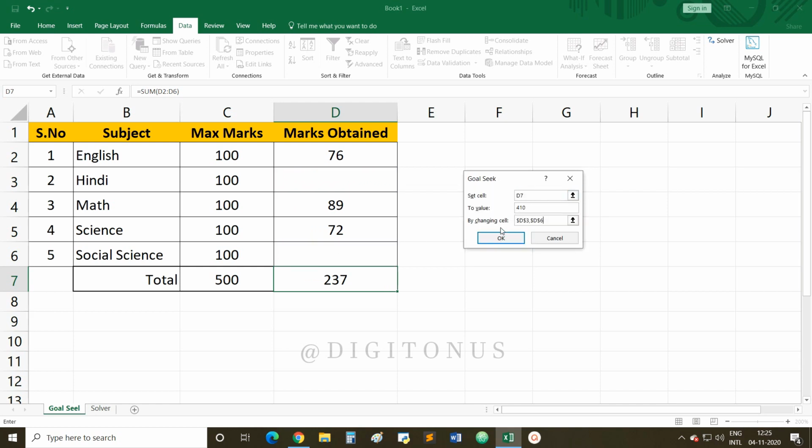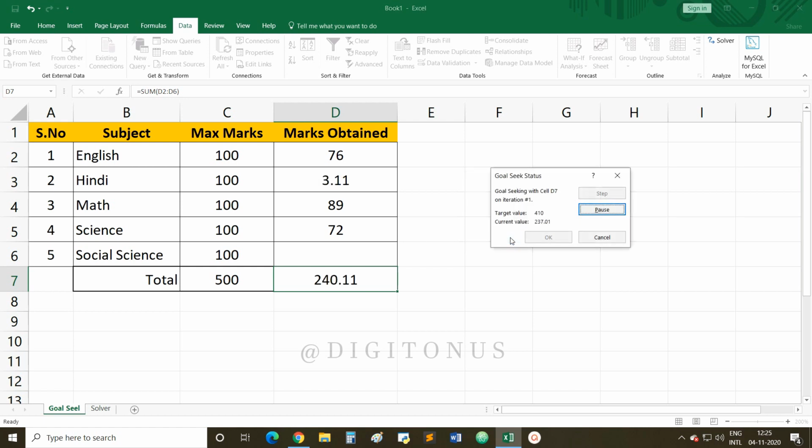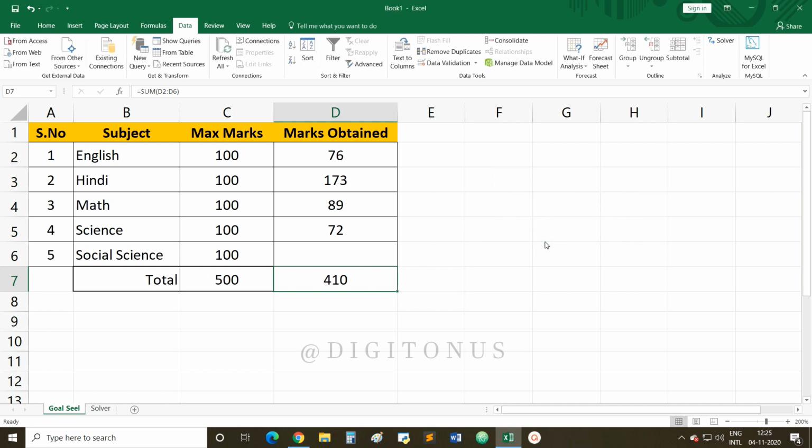Once I have selected the multiple cells D3 and D6, and I click on OK, you can see that the value has been changed only in one cell, not in multiple cells. Fine. So this is the limitation of the GoalSeek feature, that it can only be utilized when you have to change the value in only one cell.